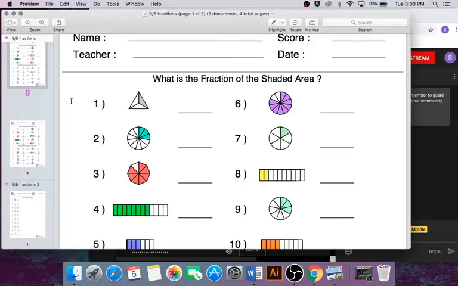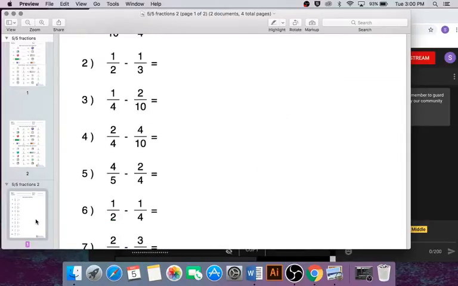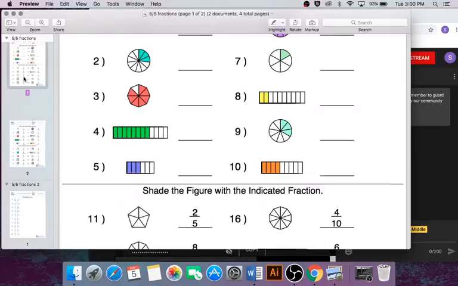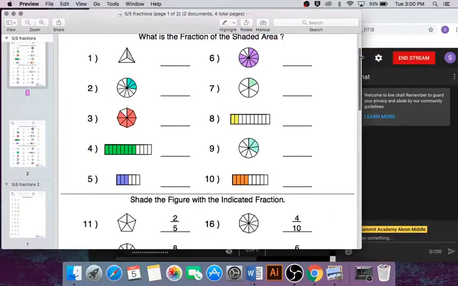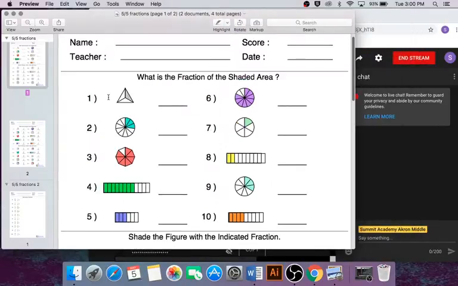This week I'm going to work on identifying fractions from pictures with you, and then we're going to start subtracting fractions with unlike denominators. So, the first thing we have is 10 pictures, which are all shaded areas that we need to create fractions for. So if we look at number 1,